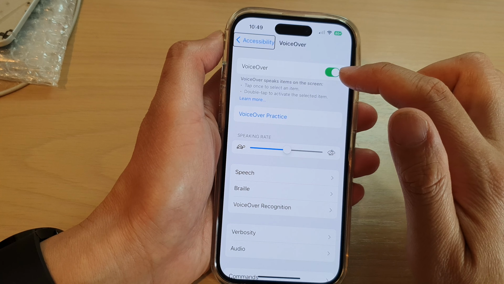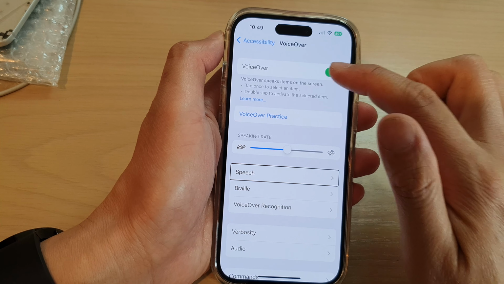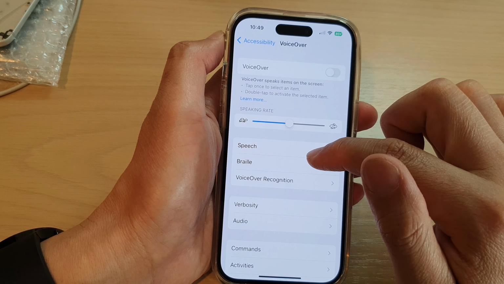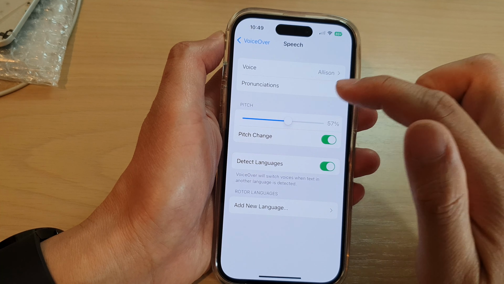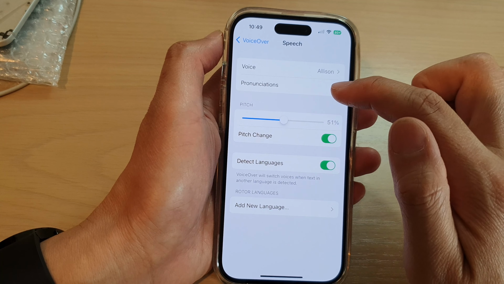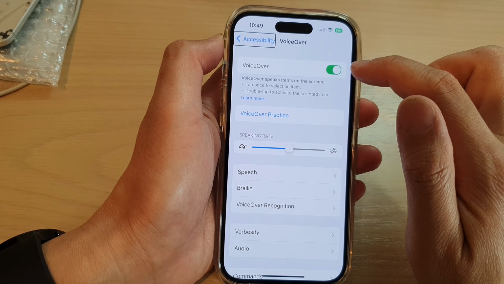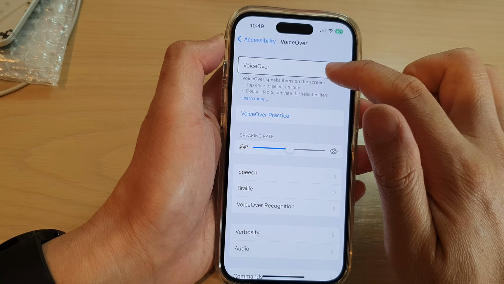VoiceOver on, Settings, Accessibility, Back, Speech, button. VoiceOver off. And here, if you bring the pitch back to neutral at 50%, now we can turn on VoiceOver. You can hear the difference. VoiceOver on, Settings, VoiceOver